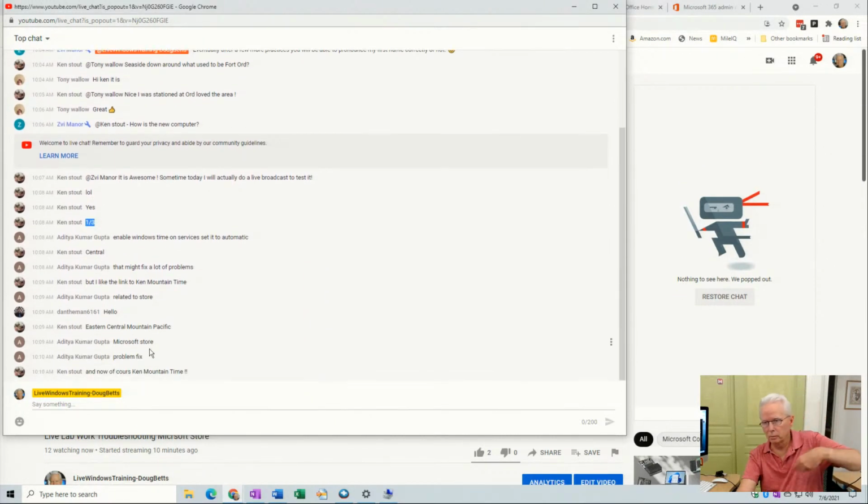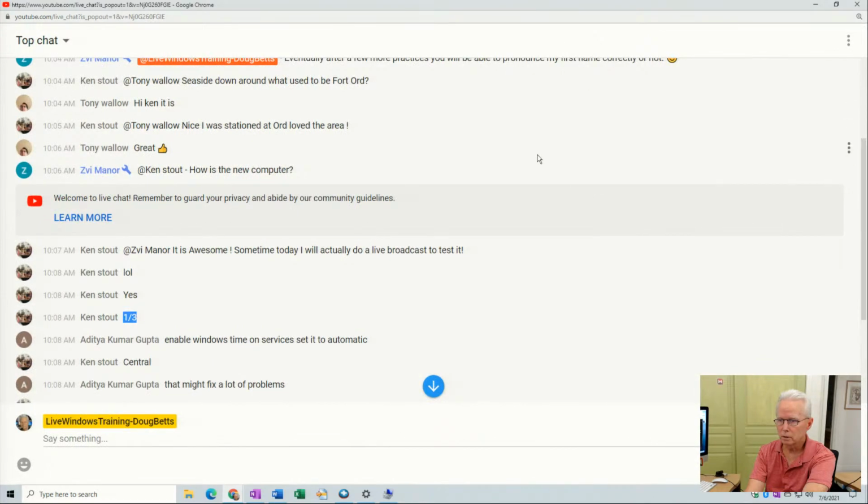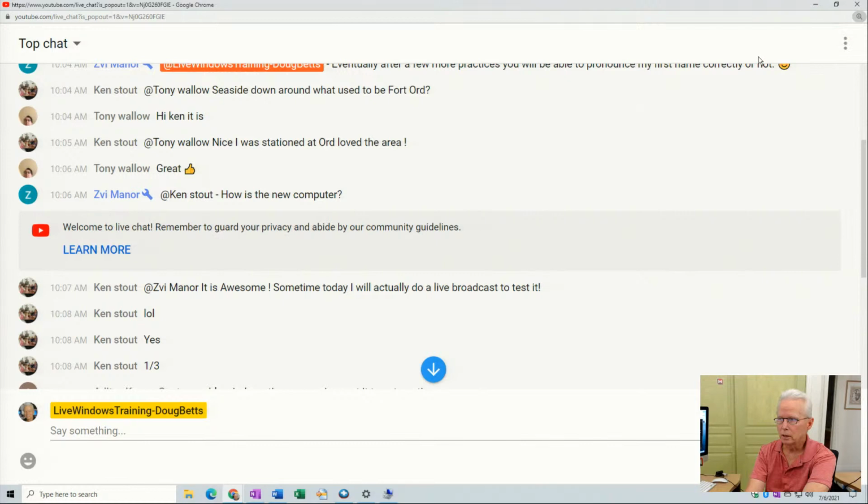That's the wrong keyboard. I'm hitting the Control key on the wrong keyboard. So now Control key and my scroll wheel on my mouse will make that bigger. And I can use that zoom setting up here in the upper right also. Okay, so